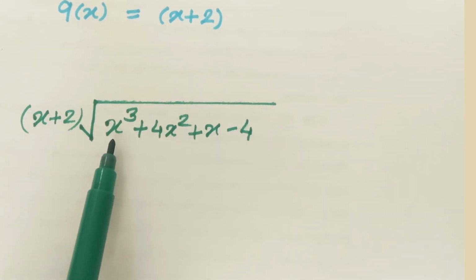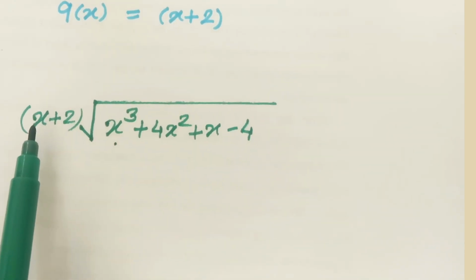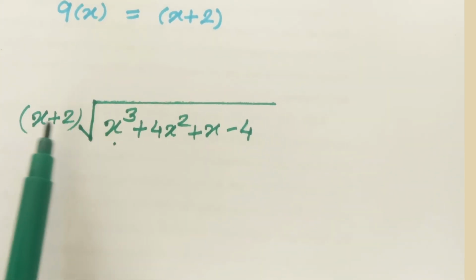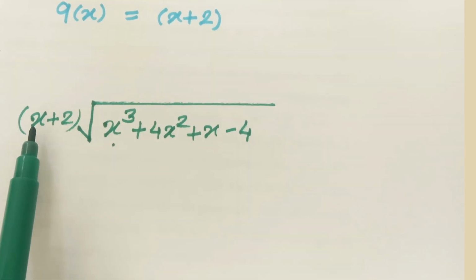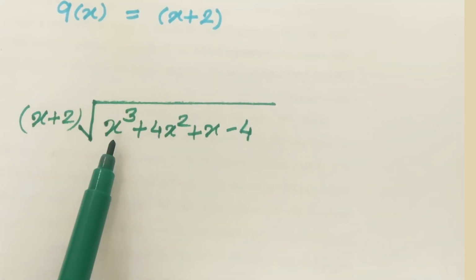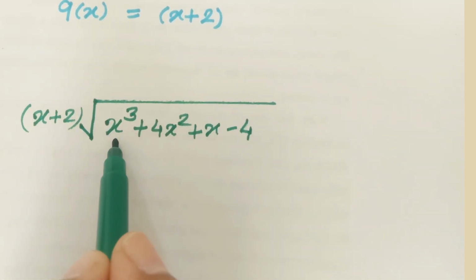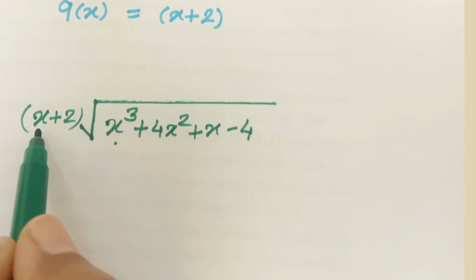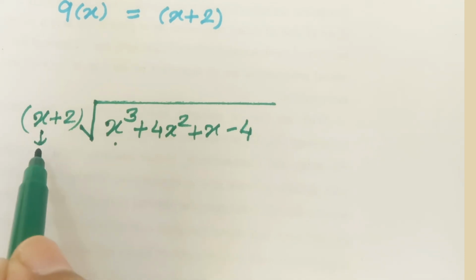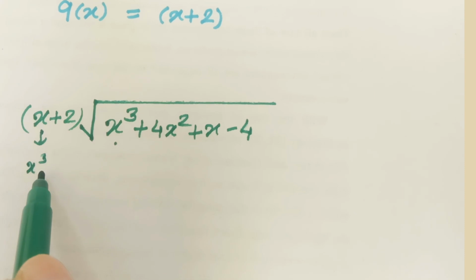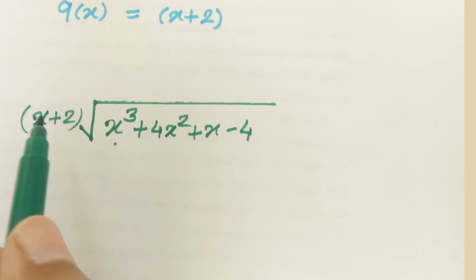Here you have to just compare the first term of polynomial p of x and the first term of polynomial q of x, and try to convert this term to be similar to the first term of p of x. For example, here the first term is x cubed and here the first term is x. Instead of this x, we have to convert this x into x cubed. Then how is it possible to convert this x into x cubed? Yes, you have to multiply this term by x squared.